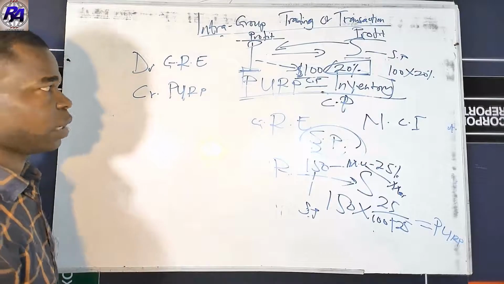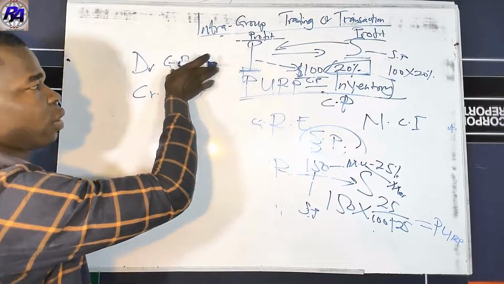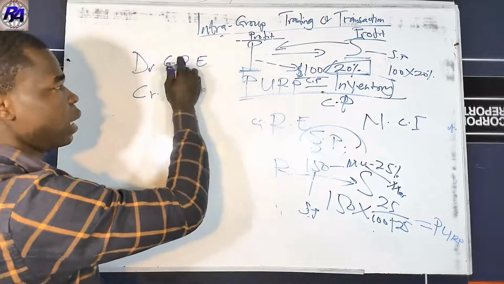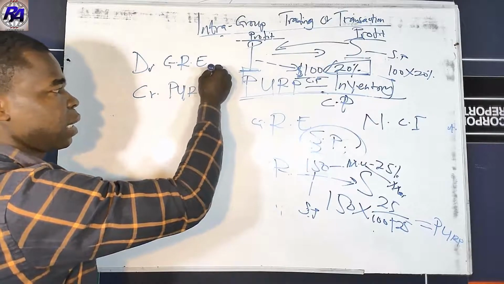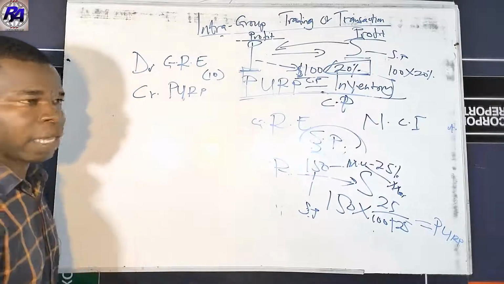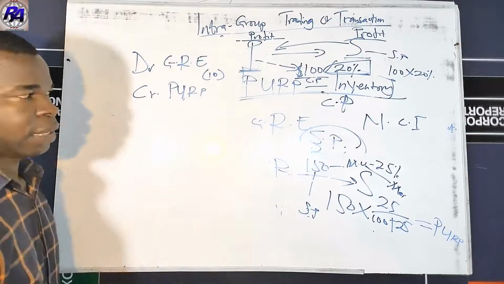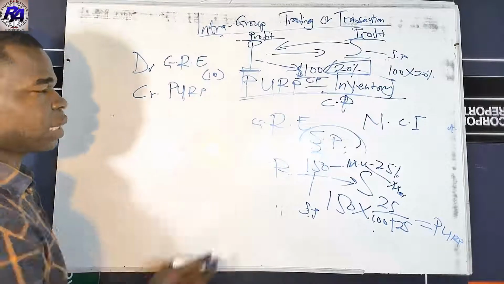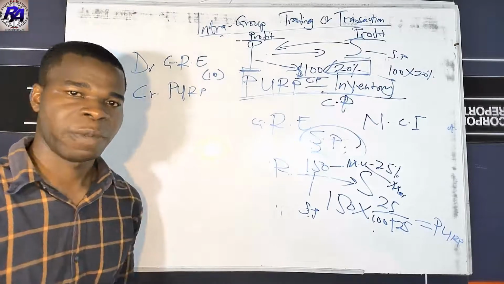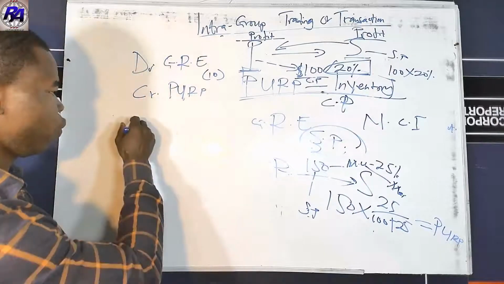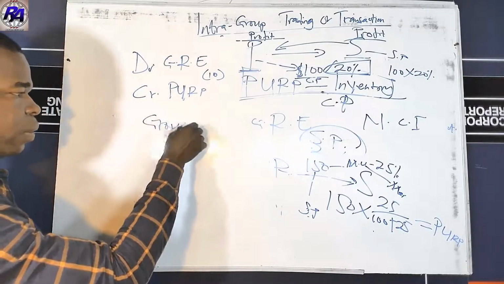That is the first treatment. In other words, you take the value to the group retained earnings and less it. That will be a value to be less from there, and this will be treated as an amount that is in the provision for unrealized profit account. Then when you go to the group retained earnings account, group